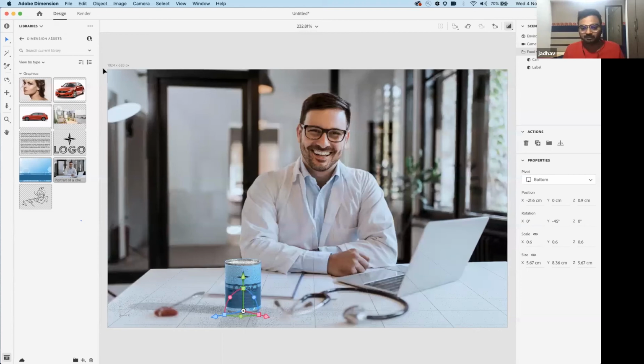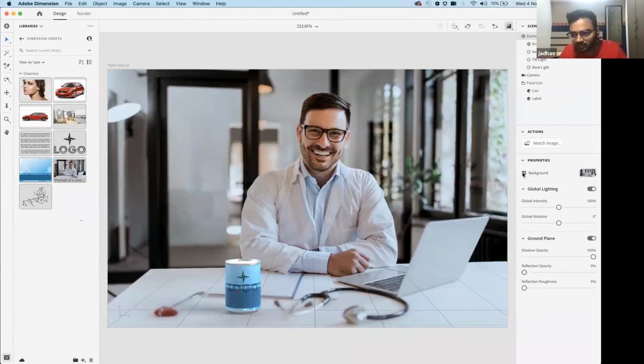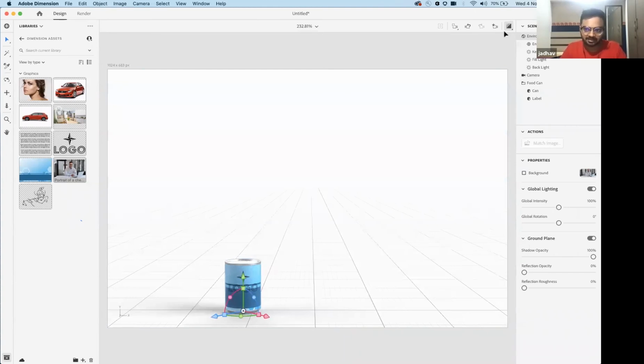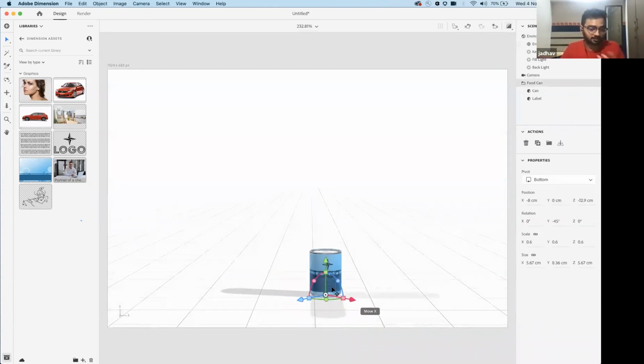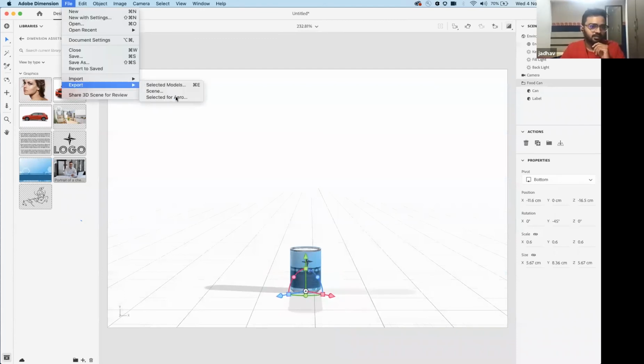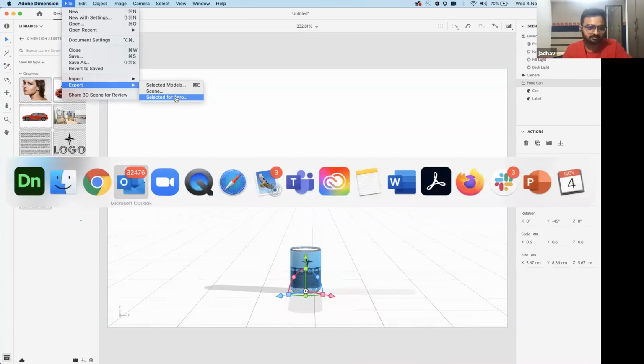How can I have this on my desk right now, on my laptop, let's say? What I'll do is I will remove the background. I'll select my can. Now it also depends on my internet speed, but let's give it a try. I can export this out to Aero, and I can also bring up my iPad application here.